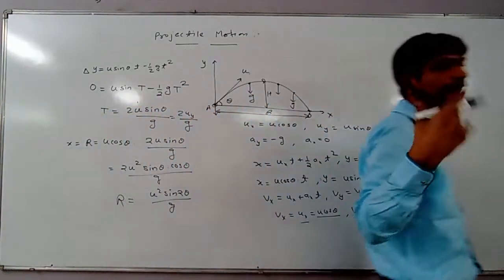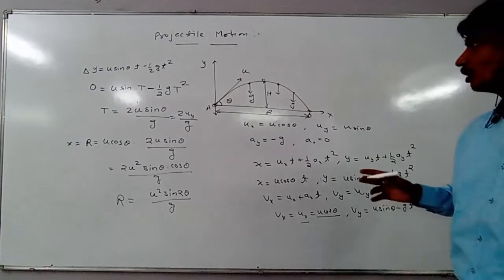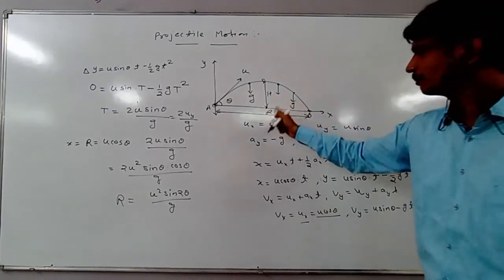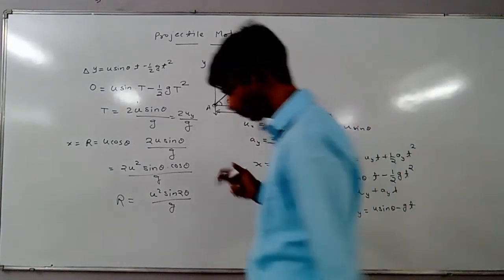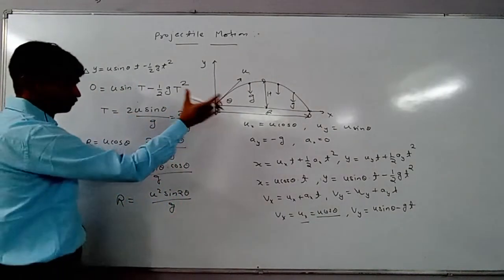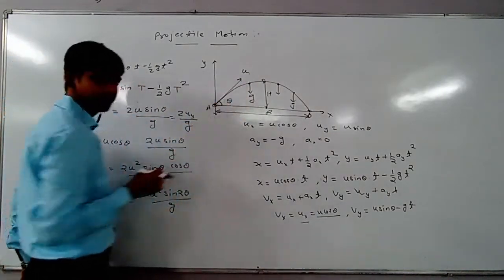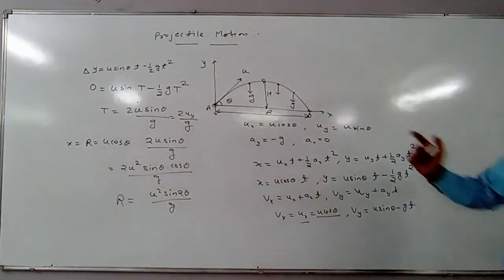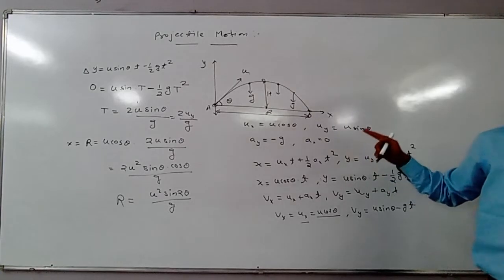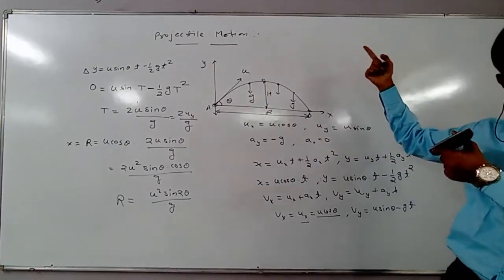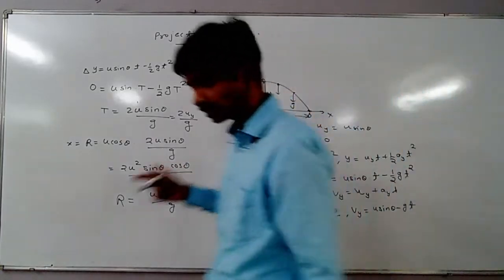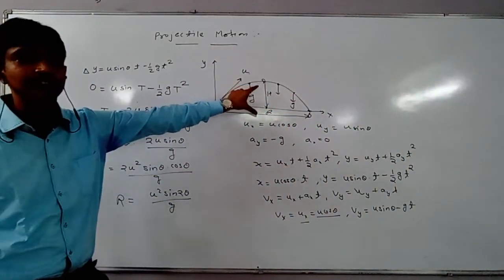And one more thing is there, height. Maximum height of the projectile. So how will you find the maximum height? Try to think by yourself. Can we take x as R by 2? Yes, we can take. Can we take the time of flight divided by 2? Yes, we can take. But don't use these two methods. Why? Because right now it's a horizontal projectile. When we move to oblique projectile, then these two methods will not be useful to find maximum height.